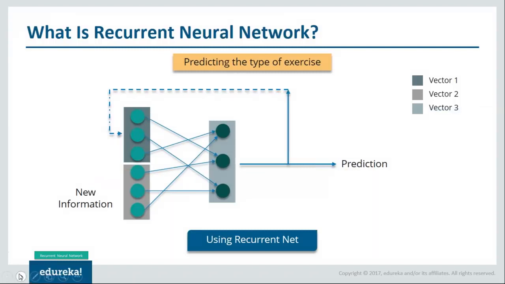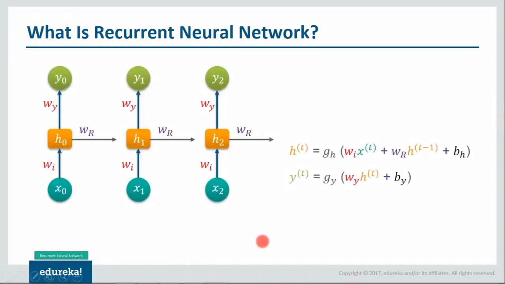Now let me show you the math behind recurrent neural networks. This is the structure of a recurrent neural network, guys. Let me explain what happens here. Consider at time t equals 0, we have input x0 and we need to figure out h0. According to this equation, h of 0 is equal to the weight matrix Wi multiplied by our input x of 0, plus Wr into h of 0 minus 1, which is h of minus 1, and time can never be negative, so this particular term cannot be applied here, plus a bias. So Wi into x of 0 plus bh passes through a function g of h